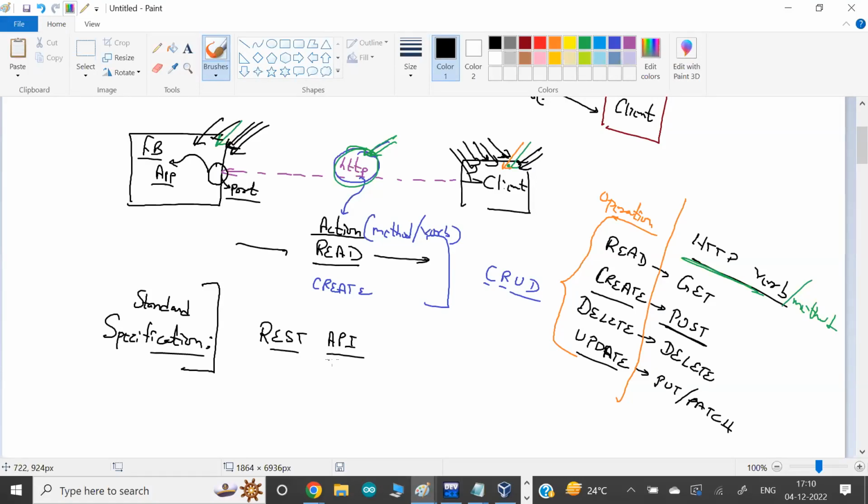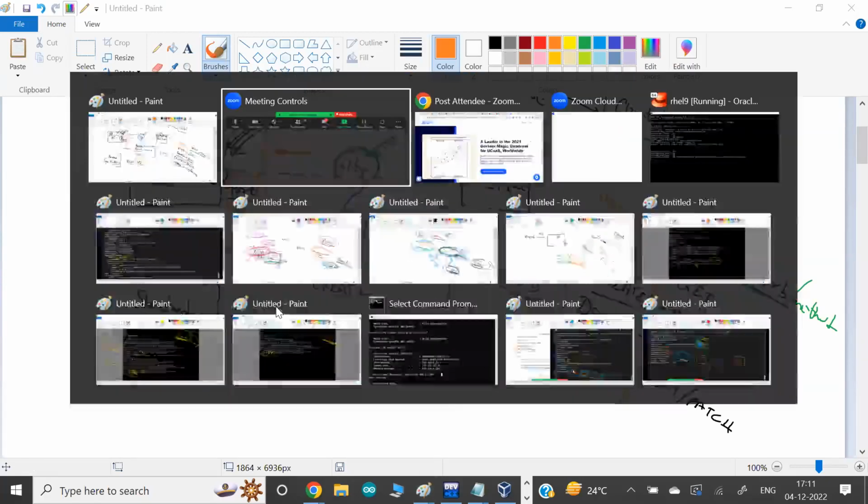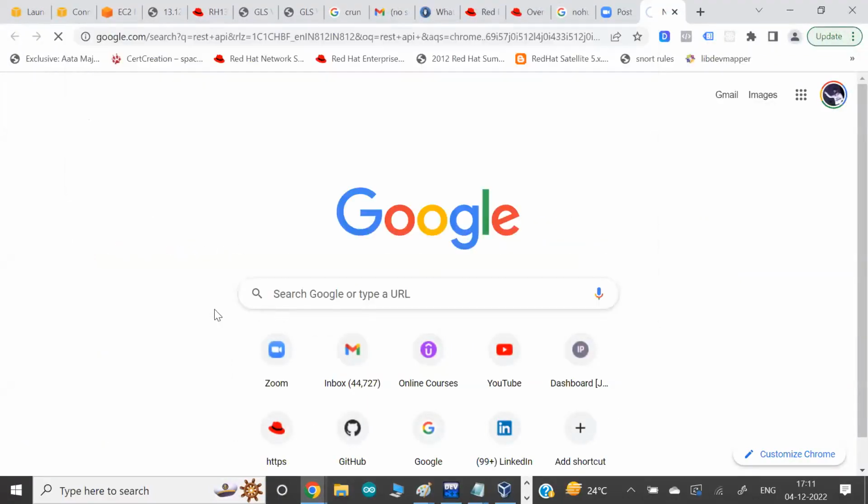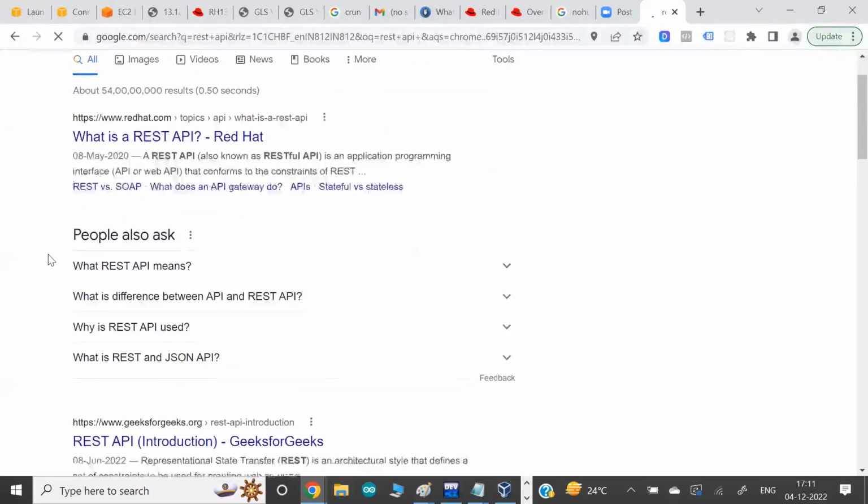So REST API is one kind of standard specification. What is an API? I told you in my last class. Every app, if you want to connect, has some kind of program that runs on some kind of port number. It's one kind of interface, so my client can use this interface to go in. That's the API. Before I go ahead, guys, this is not a perfect definition, I just want to give you some very quick terms here.